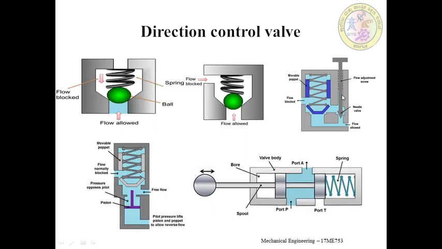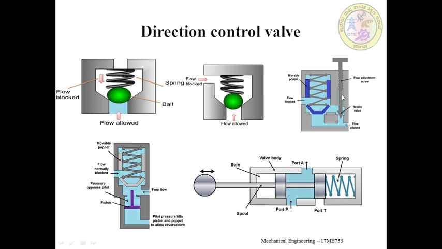Some valves are meant for applications where free flow is required in one direction and restricted flow is required in another direction. These types of valves are used as restricted check valves. These valves are used when direction sensitive flow rate is required, for example, when different actuator speeds are required in both directions. The flow adjustment screw can be used to set the discharge, that is the flow rate, in the restricted direction.